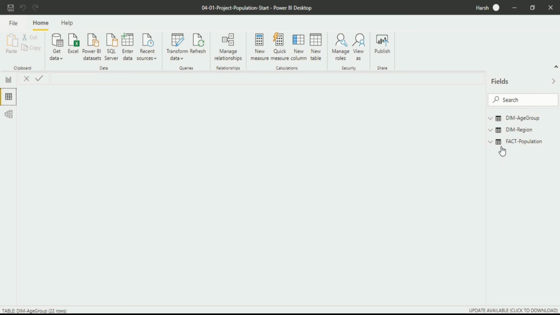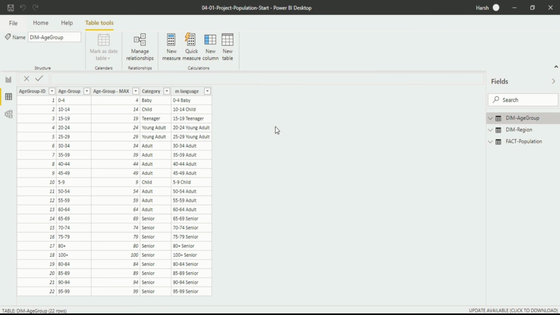So go into the data view if we want to write code in the data model interface. For that we again go into the dim region table. So I will click on the dim region table. It will take a few seconds to load in our computer. Now you can see the table has been loaded. Now I want to write again a column through DAX language. I have written this code in M language in the Power Query Editor, but I want to write a new code in DAX language.